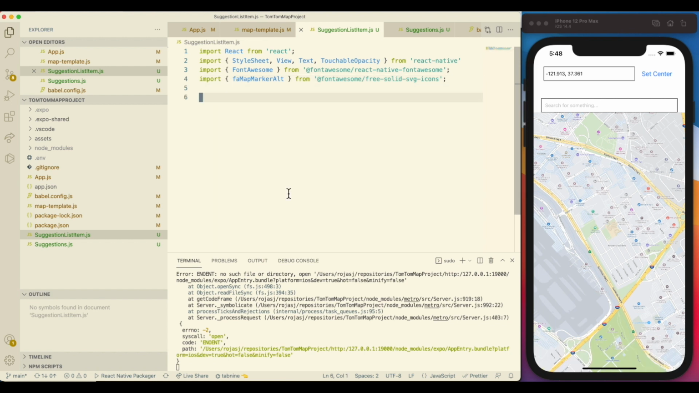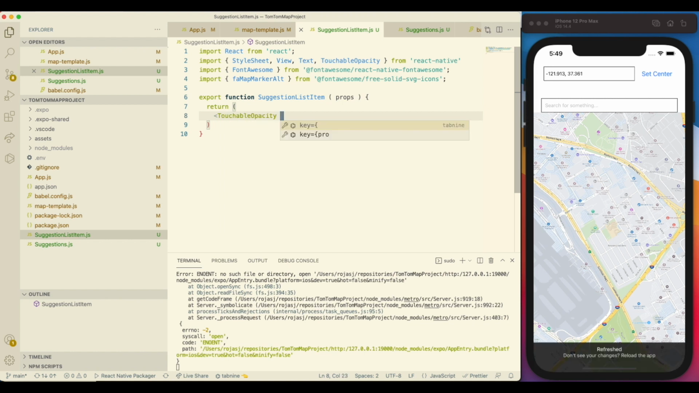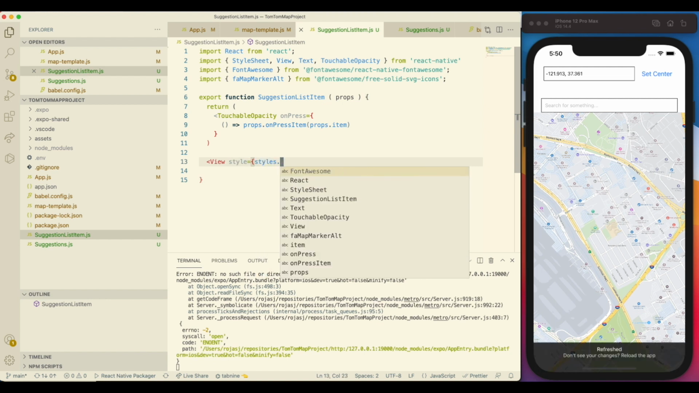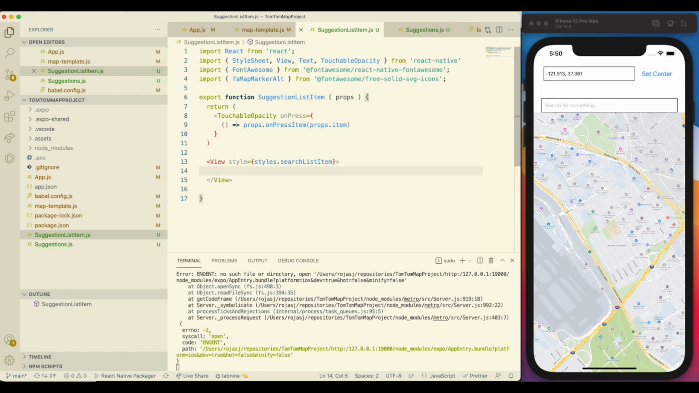Okay, let's do the suggestion list item. Export function suggestion list item. Oops, this, and then return touchable opacity object, which on press. What we do on press, we have a function that will call on the properties on press item, and we are going to send the item. So that's what we're going to return. Now let's see the view. We have a style. Let's create it. Search list item, and then the first part for the item should be the icon and then the information. So the icon should have a view, which is style,